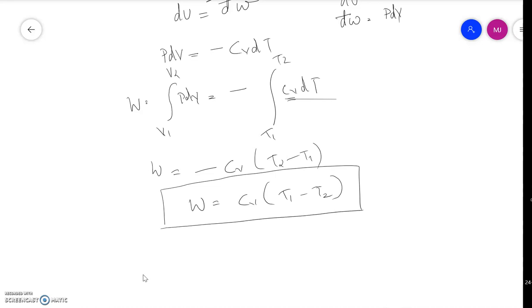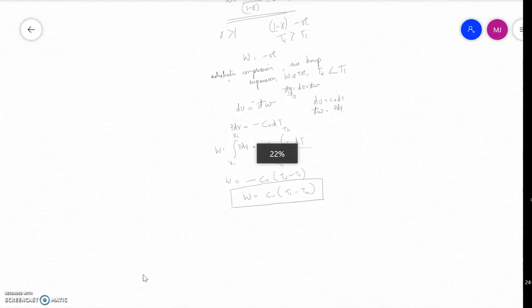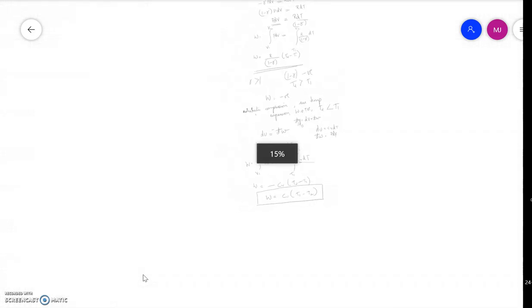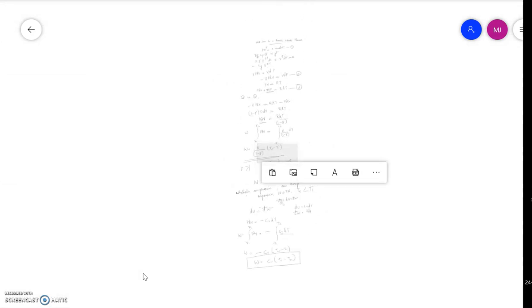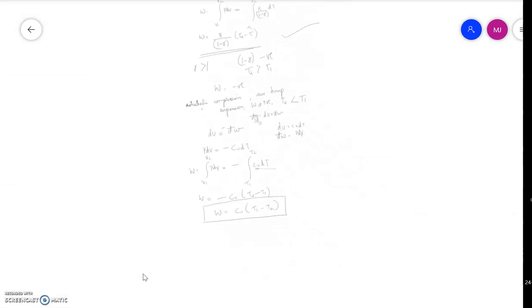And this is mainly the used expression. So we have actually derived two expressions, one is this, another is this. These two are the expressions that we usually use to express the work done in an adiabatic process. And the important thing to keep in mind is that during an adiabatic expansion, there will usually be a drop in temperature, whereas in case of adiabatic compression, there will be a rise in temperature. Thank you.